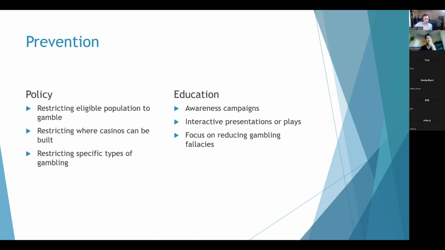So, speaking of solutions, prevention. Preventing problem gambling typically occurs at the systematic level, with either policies or educational practices that attempt to reduce the risk of problem gambling. Legislatively, governments attempt to restrict who can gamble and where gambling can occur by setting minimum age requirements and restricting where casinos can be built. Unfortunately, the incentive to maintain a gambling population for tax revenue purposes causes governments to try and shift the problem gambling population to tourists or other groups that don't drain government resources, rather than eliminating it outright.